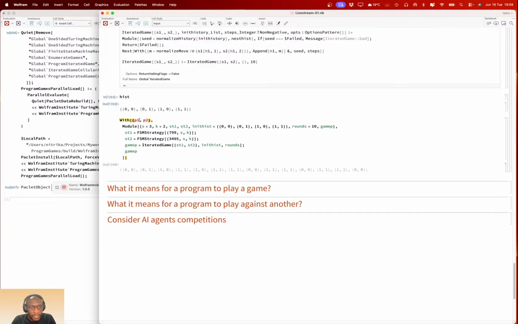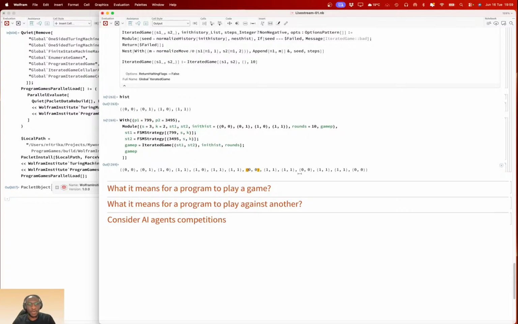And then you're asking, this player one is 799 and player two is 3495. And you're playing a game between those players. So the last move they made from this initial history was 1-1. Then you play the next round. Player one makes move one. Player two makes move zero. The next round 1-1. Next round 1-1. 0-0.